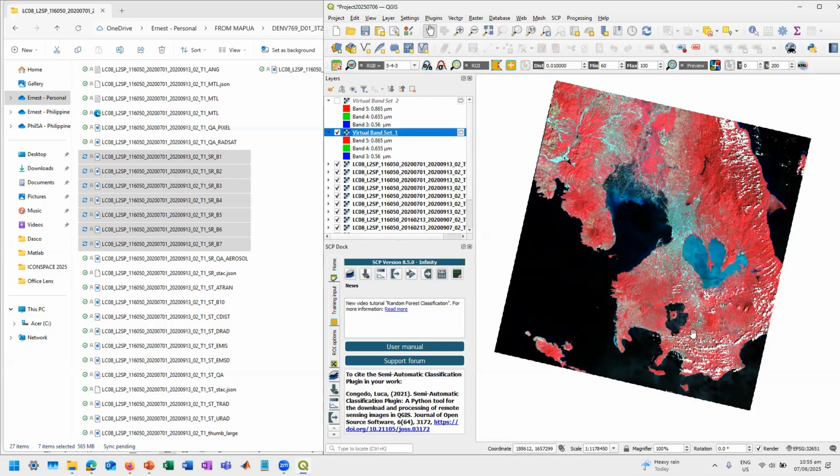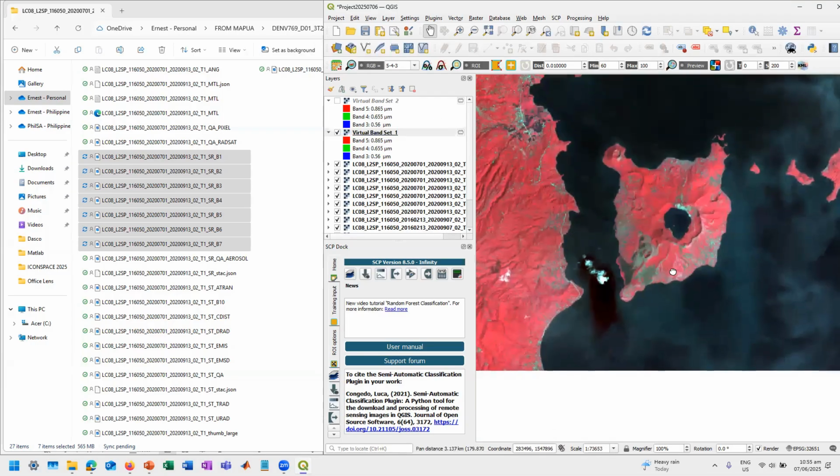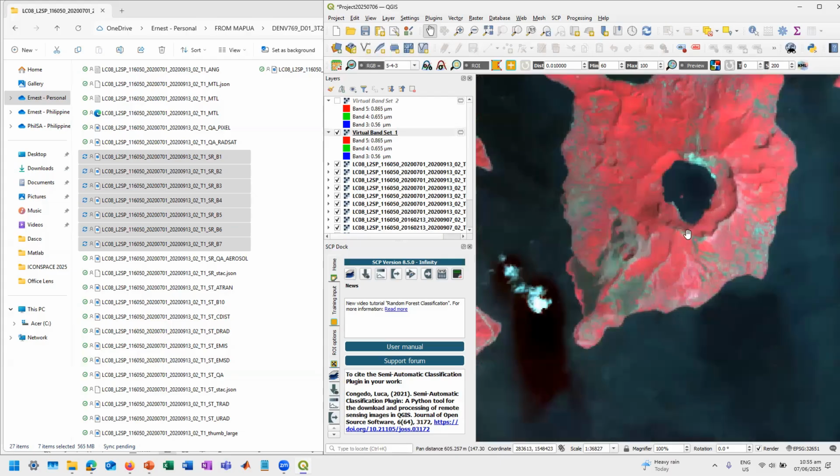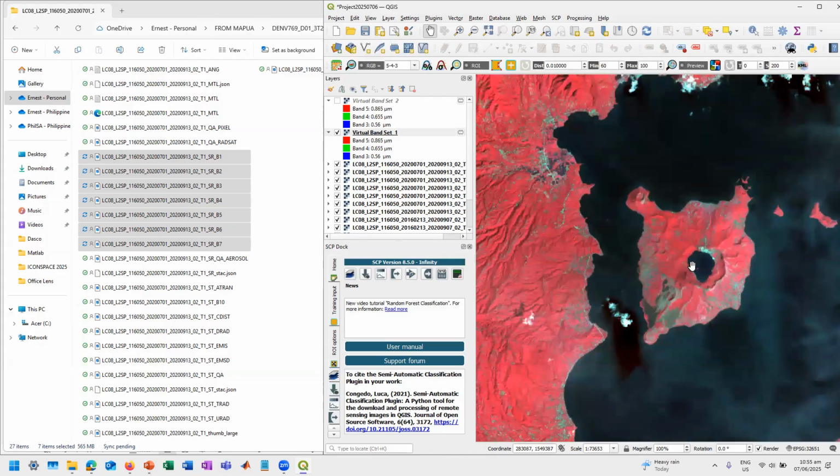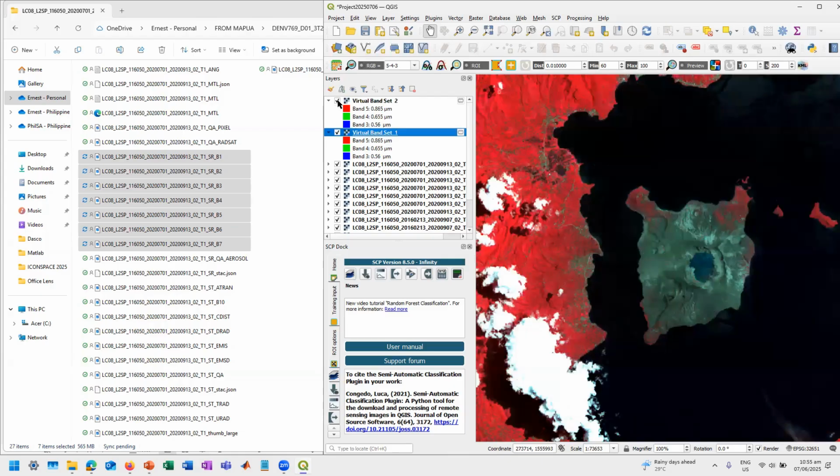Okay, so for example, we're going to zoom in here. So this is Taal Volcano Island before the pandemic, and this is the Taal Volcano Island after the pandemic. So you can easily see, or after the eruption pala, no?